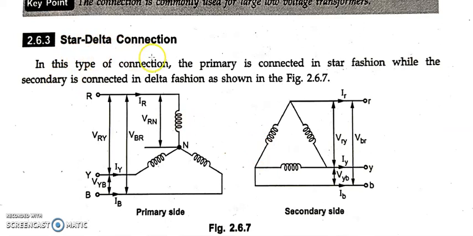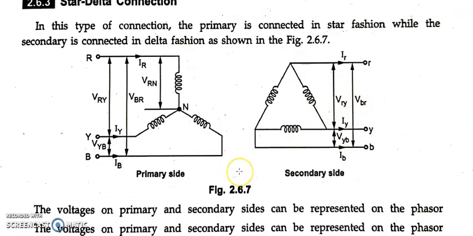So the next one is the star delta connection. Here you are going to see the phase shift. In the earlier cases, star-star as well as delta-delta, we did not see any phase shift, but here you are going to see the phase shift. Already I told you about the star and about the delta, so you need to club two things here. In star, phase voltage and line voltage are not the same, but phase current and line current are the same. In delta, line current and phase current are not the same, but phase voltage and line voltage are the same. This is what we learned earlier, and the same thing we are going to club here.